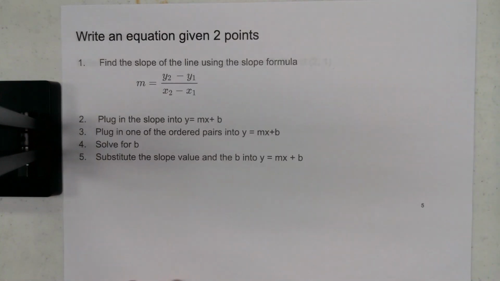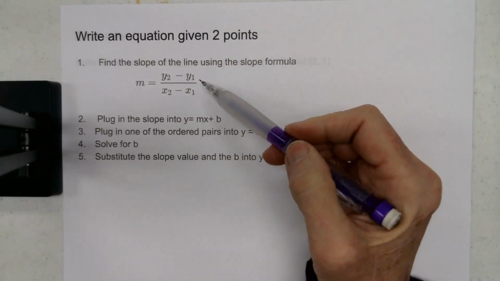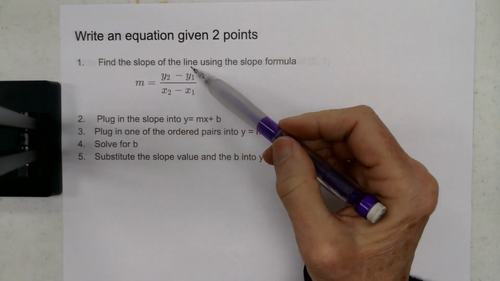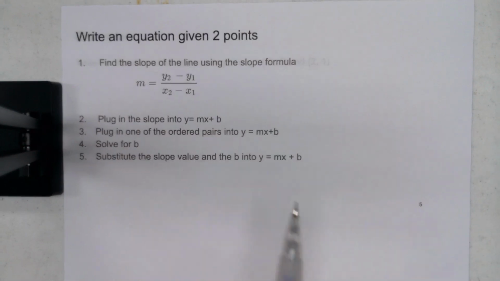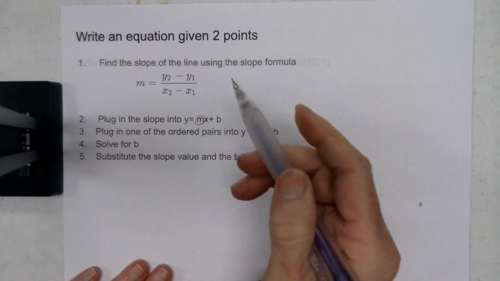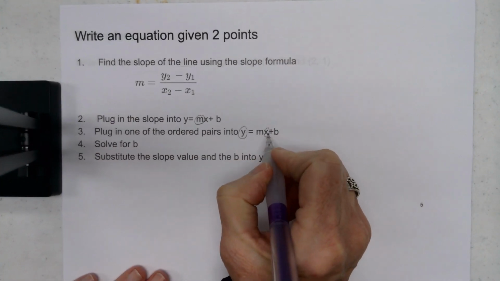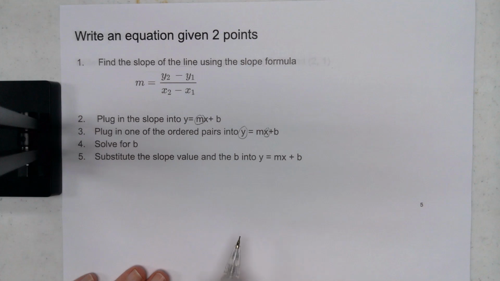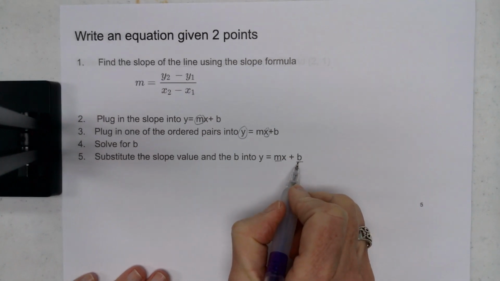Sometimes they give you 2 points and you have to go through finding the slope of the line. So using your equation, m is equal to y sub 2 minus y sub 1 over x sub 2 minus x sub 1. Then you plug the slope into this location. And then you plug in one of the ordered pairs. You pick one ordered pair and plug it in here and here, the x value for the x, the y value for the y. Then you would solve for the b,